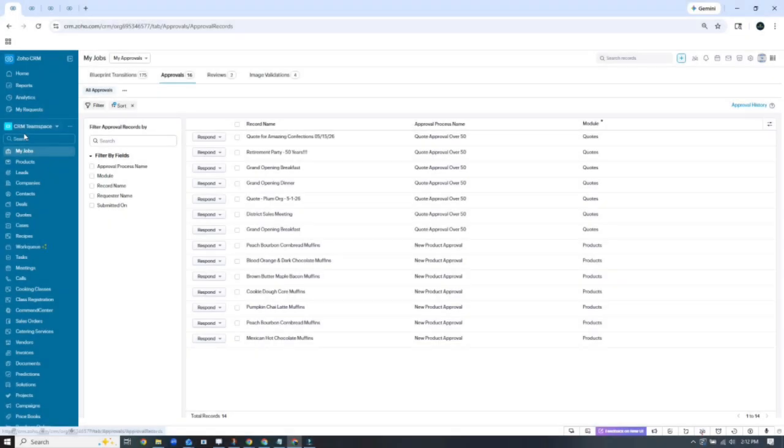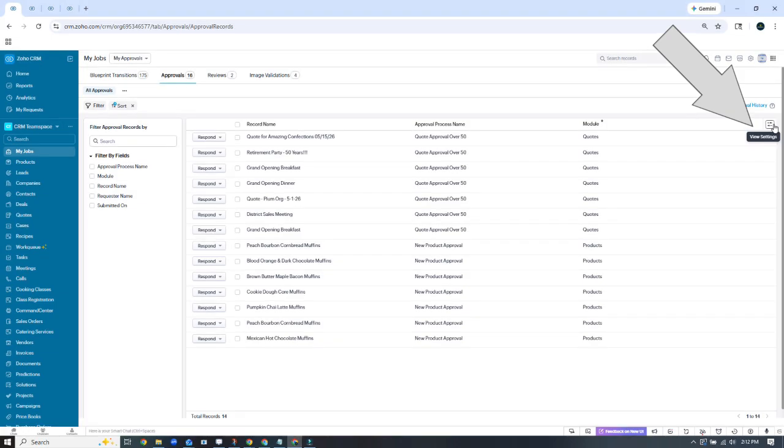Here I'm logged in as one of my manager users and have navigated to the My Jobs area and am in the Approvals tab at the top. This page has had a very significant overhaul, which makes it more similar to list views in other modules. And now in the top right, you can control the appearance of this list view, including changing columns, records per